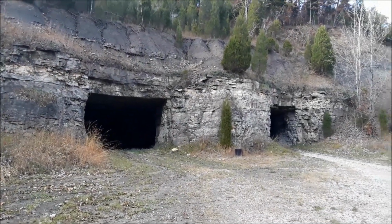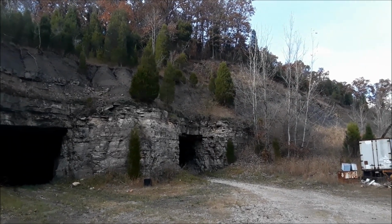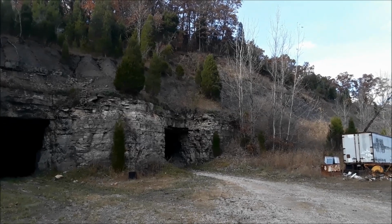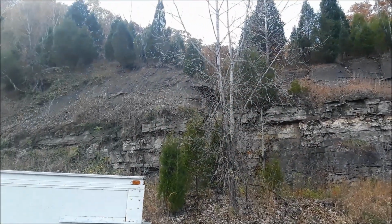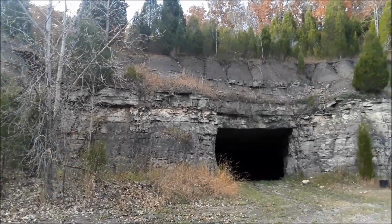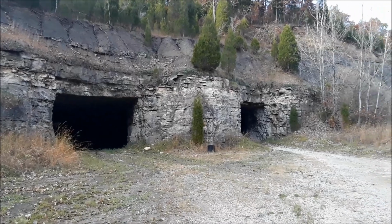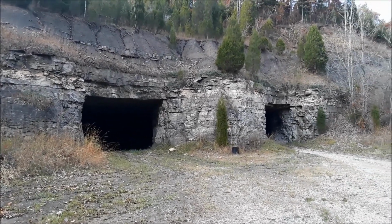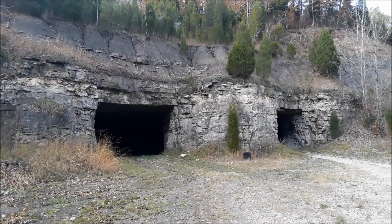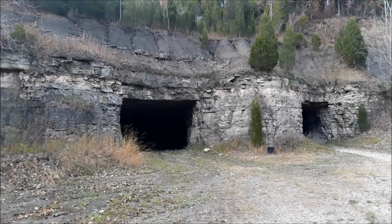You know, they have very little overburden here. That's, shit, 50 feet of overburden. That's a mixed blessing. Yeah. I've noticed a lot more issues with subsidence and major roof falls in mines with minimal overburden than in deeper mines, odd as that may be. But one of the things...